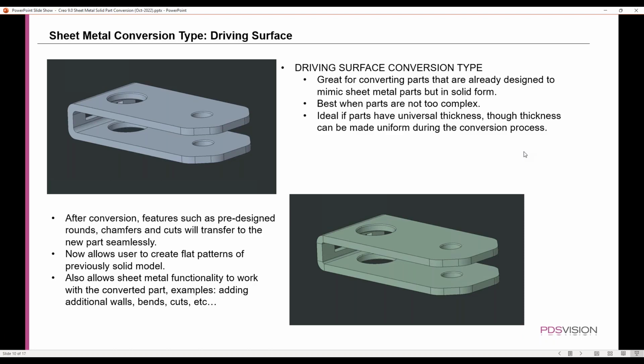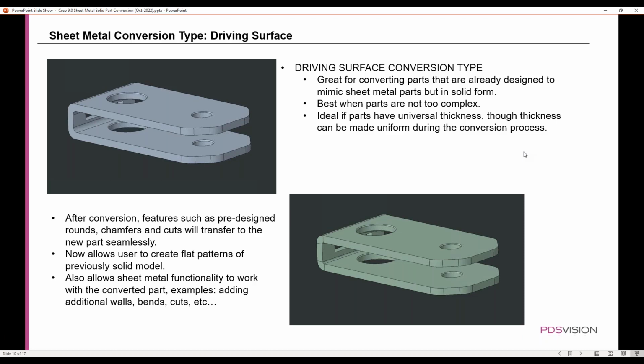during the conversion process. What I mean by this is, say you have a bracket and the top of your bracket is a 1/2 inch thick, the bottom of it is a 1/4 inch thick for some reason. When you convert, the entire part has to be a uniform thickness. So the program is going to ask for an initial driving surface, and it will then pull the data from that driving surface as to how thick this surface is, and then it will uniformly apply that thickness throughout the entire part as you select your additional surfaces and complete